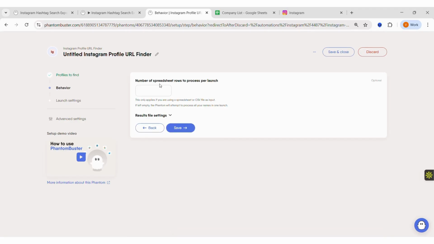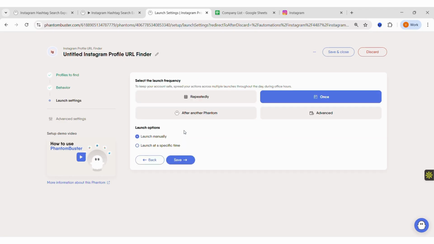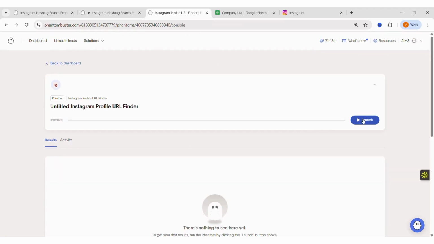Once I've clicked on save, the next step it asks is how many rows I need to process, or how many companies I need to find from the company list mentioned in the spreadsheet. I'll just quickly mention that, and I'll again click on save and move forward. So again, when I click on save, I move to the final launch and launch this particular phantom. What it's going to do is it's going to connect with my Instagram first. Then it will